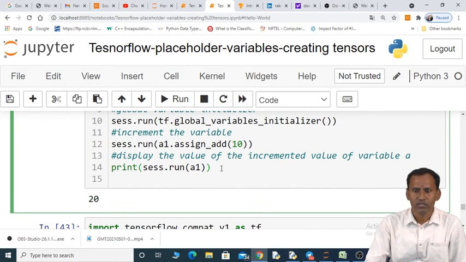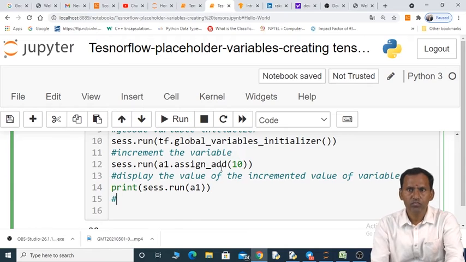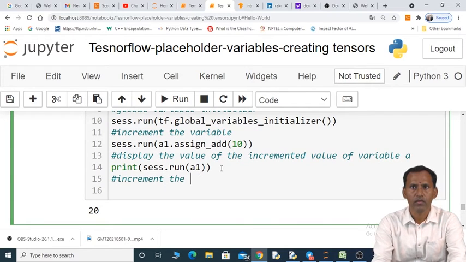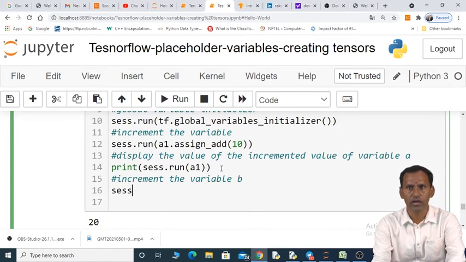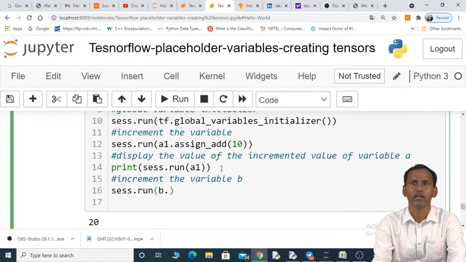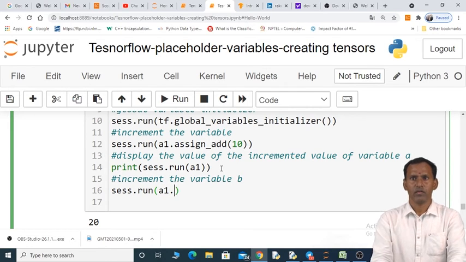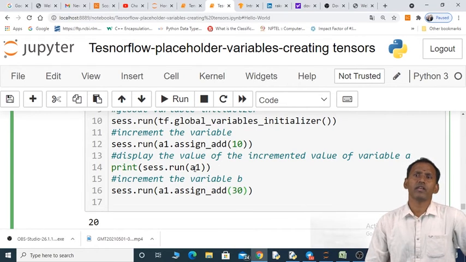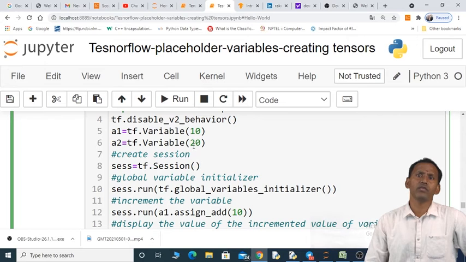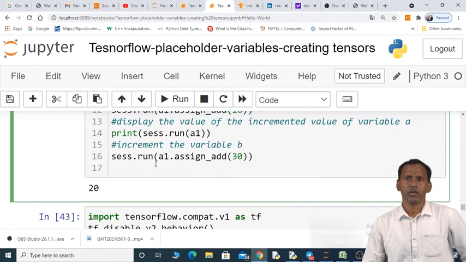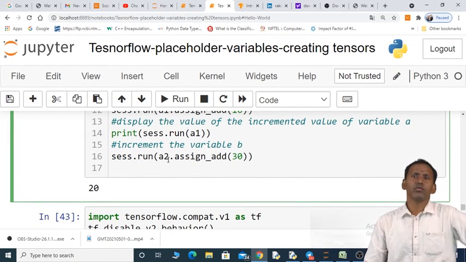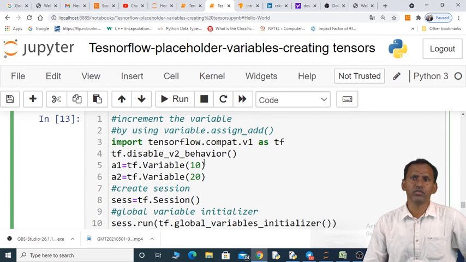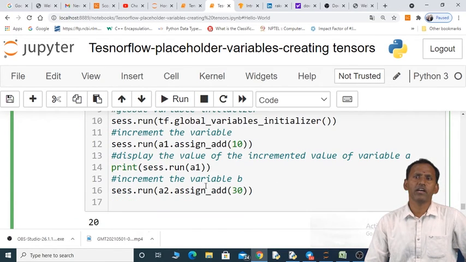Now same thing if you want to increment variable B, here we have to write A2 dot assign underscore add. I am writing here 30. The A2 current value is 20 and I want to increment by 30.